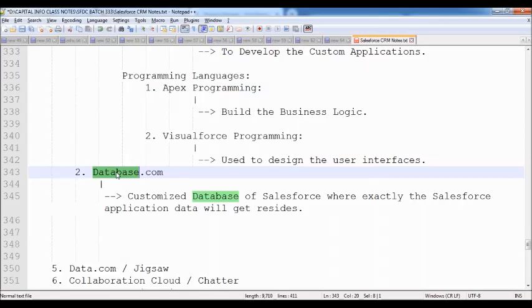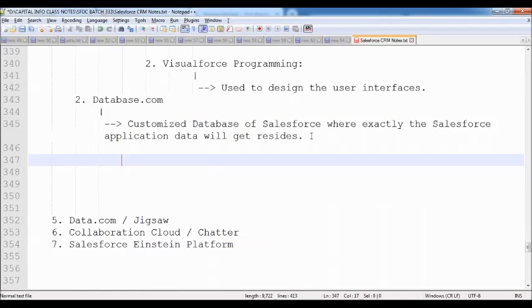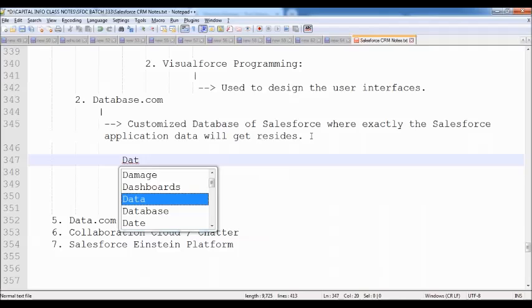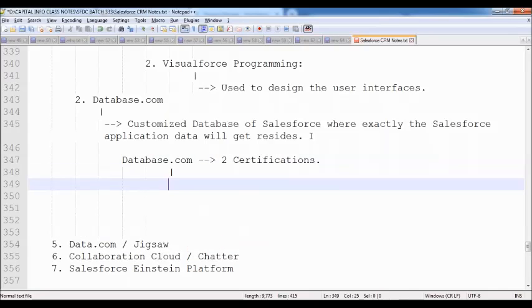Salesforce gives the assurance to customers by maintaining two certifications for database.com. The first one is ISO 27001 certification.